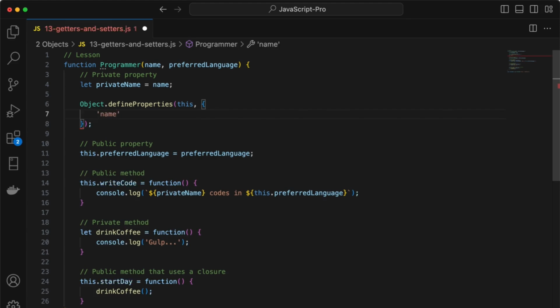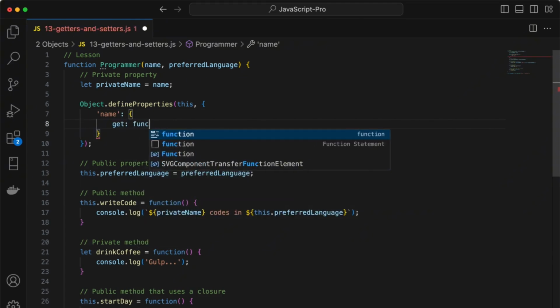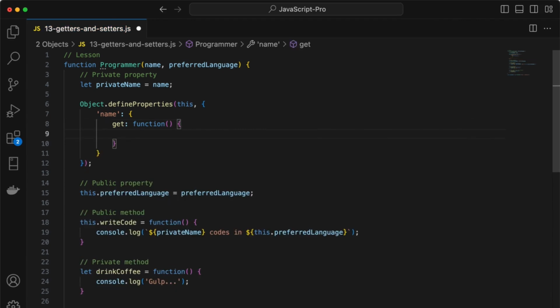And here we'll define the name of the property. So I'll name it name. And then define an object. And here we can use the special keyword for get, and we'll set it to an anonymous function. And this will simply return the private name. So now, if I actually want to use this property,